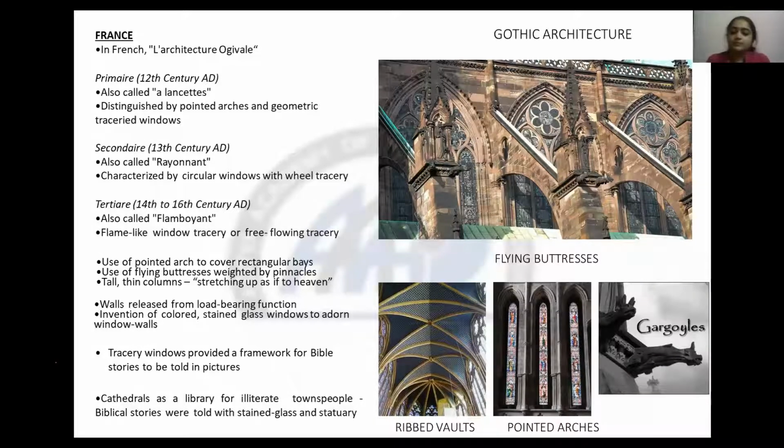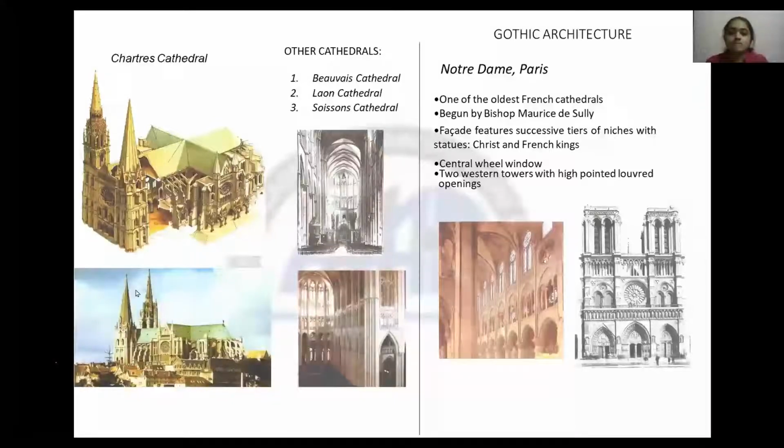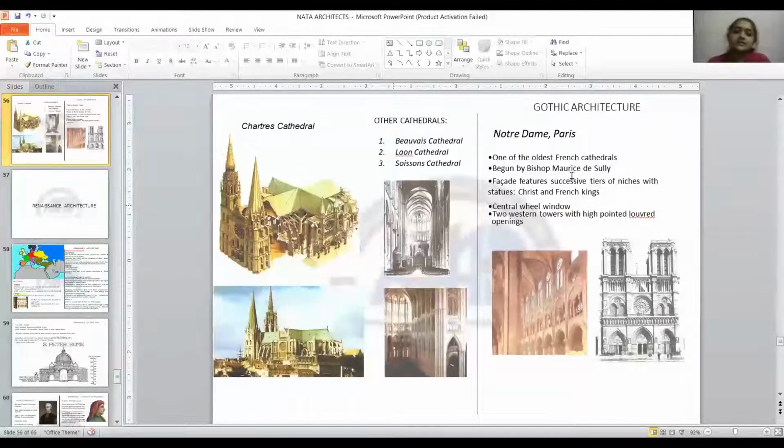Now the famous building of Gothic architecture is Notre Dame Cathedral. It was built during 1163 to 1250, and it is 130 meters long with 35 meters height. It is a world famous cathedral because of its sculptures and gargoyles. I showed you the monstrous gargoyles.